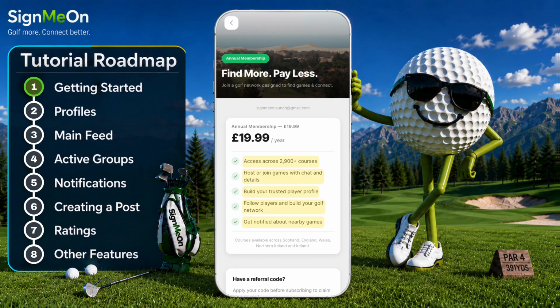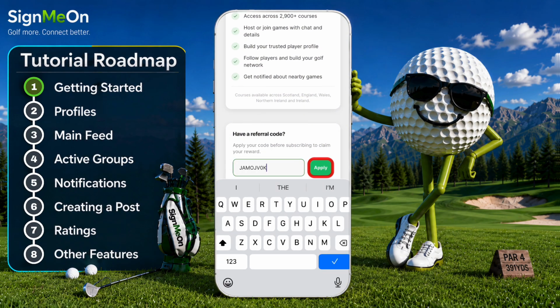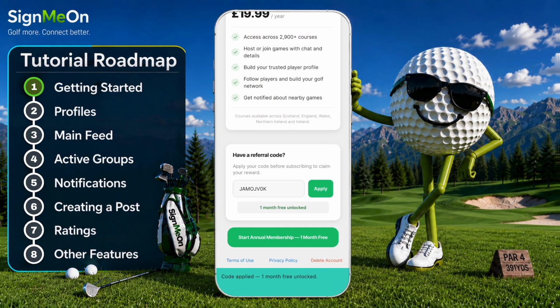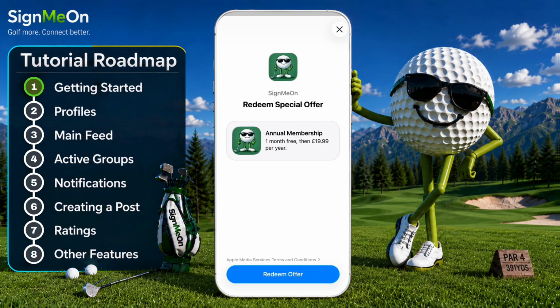This will give you some details about what the app has to offer, and it will also tell you about the pricing. If you've managed to get a referral code, paste it in, hit apply, and then you'll receive a discount. Now, for this example, I'm on iOS, so if I hit start annual membership, this redeem special offer page